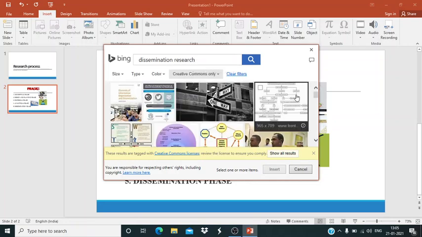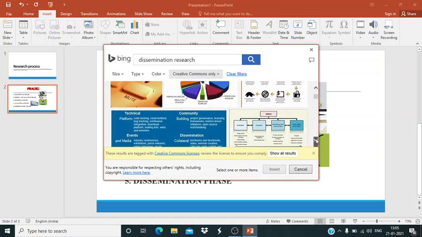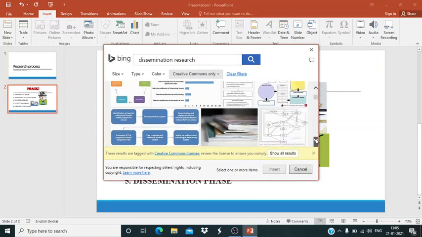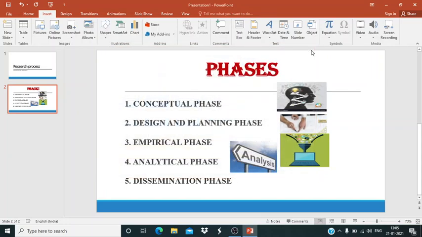So I have so many pictures coming here. If you feel any pictures are relevant, you can select it and insert it. So that is how we add pictures into the PowerPoint. It's very simple. Insert pictures, insert online pictures, anything is fine.